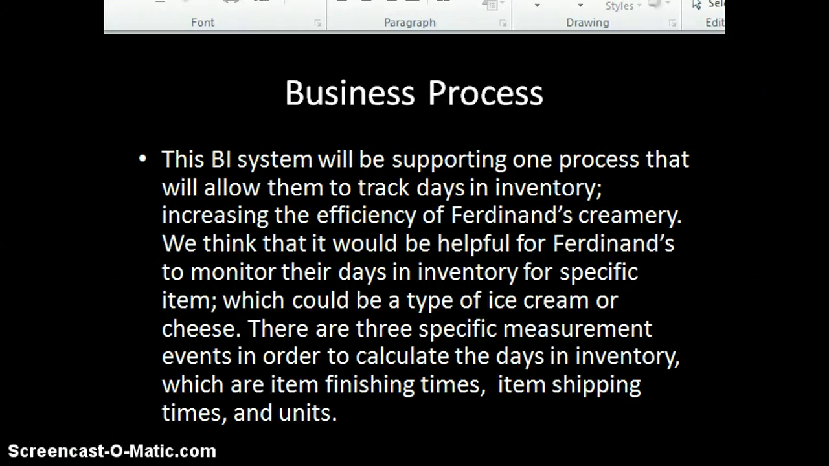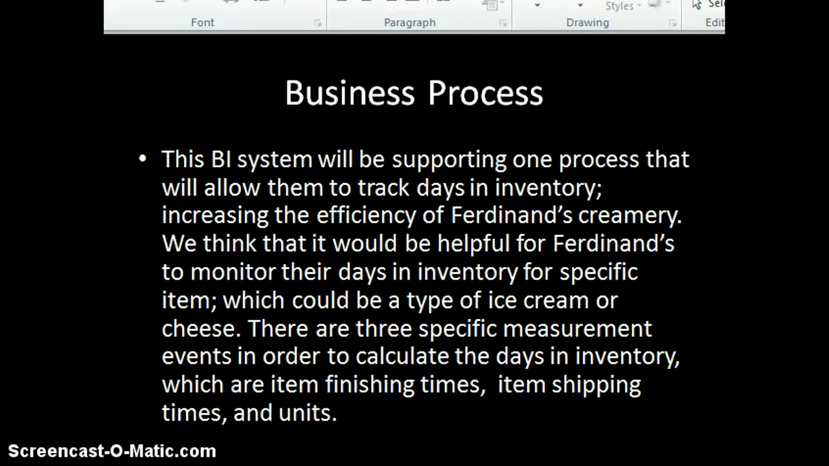So the BI system will be supporting one process that will allow them to track days inventory, increase the efficiency of Fernandez Creamery. We think that it would be helpful for Fernandez to monitor their days inventory for specific items, which could be a type of ice cream or cheese. There are three specific measurement events in order to calculate the day's inventory, which are item finishing times and item